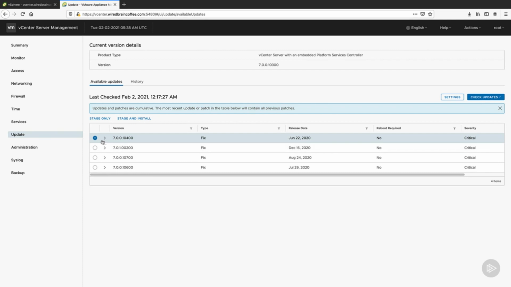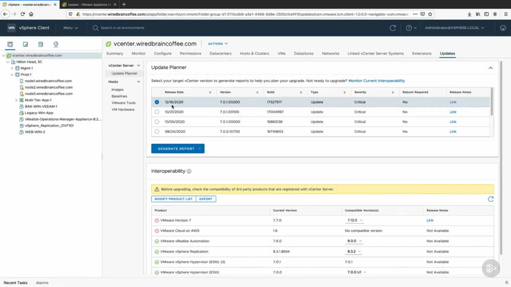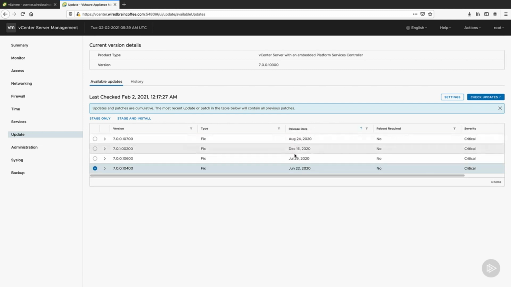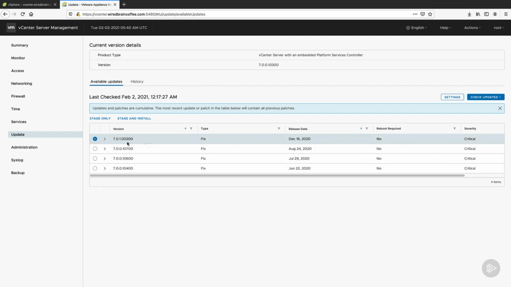Now, don't fall into the trap of selecting the version that's on the top, because over here in the update planner, the version that was on the top was the latest and greatest. However, in the management appliance, for some reason, the version that's on the top is actually the oldest. So let's go ahead and resort these, and actually that didn't resolve it either. If you make sure that you have this sorted by version, you'll have the latest release on the top. Of course, you want to check the latest release date, make sure you're using the latest version,